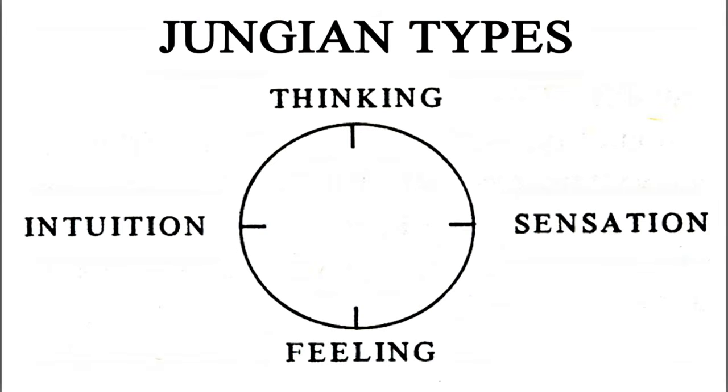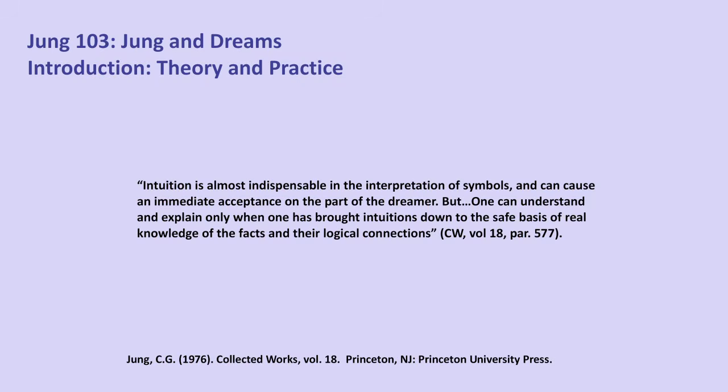With Jung, there are 4 functions: thinking, feeling, intuition, and sensation. And ideally, with dream interpretation, all 4 of those functions should be employed. The whole person is going to be able to be both extroverted and introverted and use all of those 4 functions. So Jung goes on to say, quote, "Intuition is almost indispensable in the interpretation of symbols and can cause